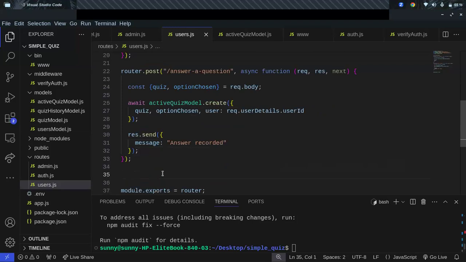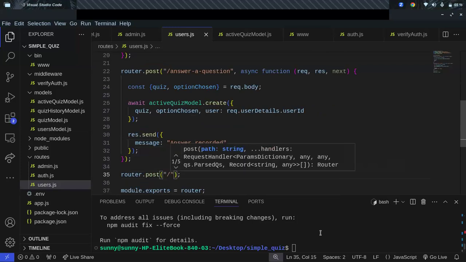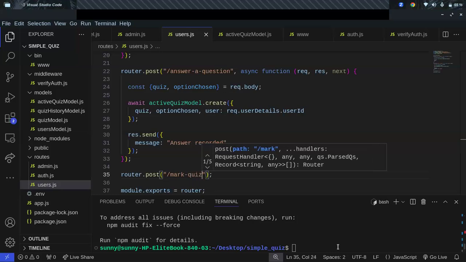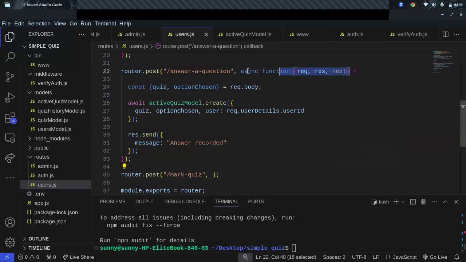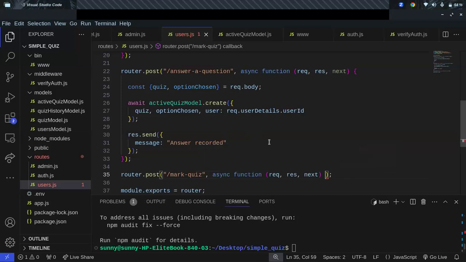Then we would create another route to mark. So there will be a route to mark your answers, right? So if you're correct, if you're wrong, and then move them to active quiz model. So this is what we'll do. We'll say router.post, then we'll say mark quiz. So when you try to mark quiz, what we are doing would say that